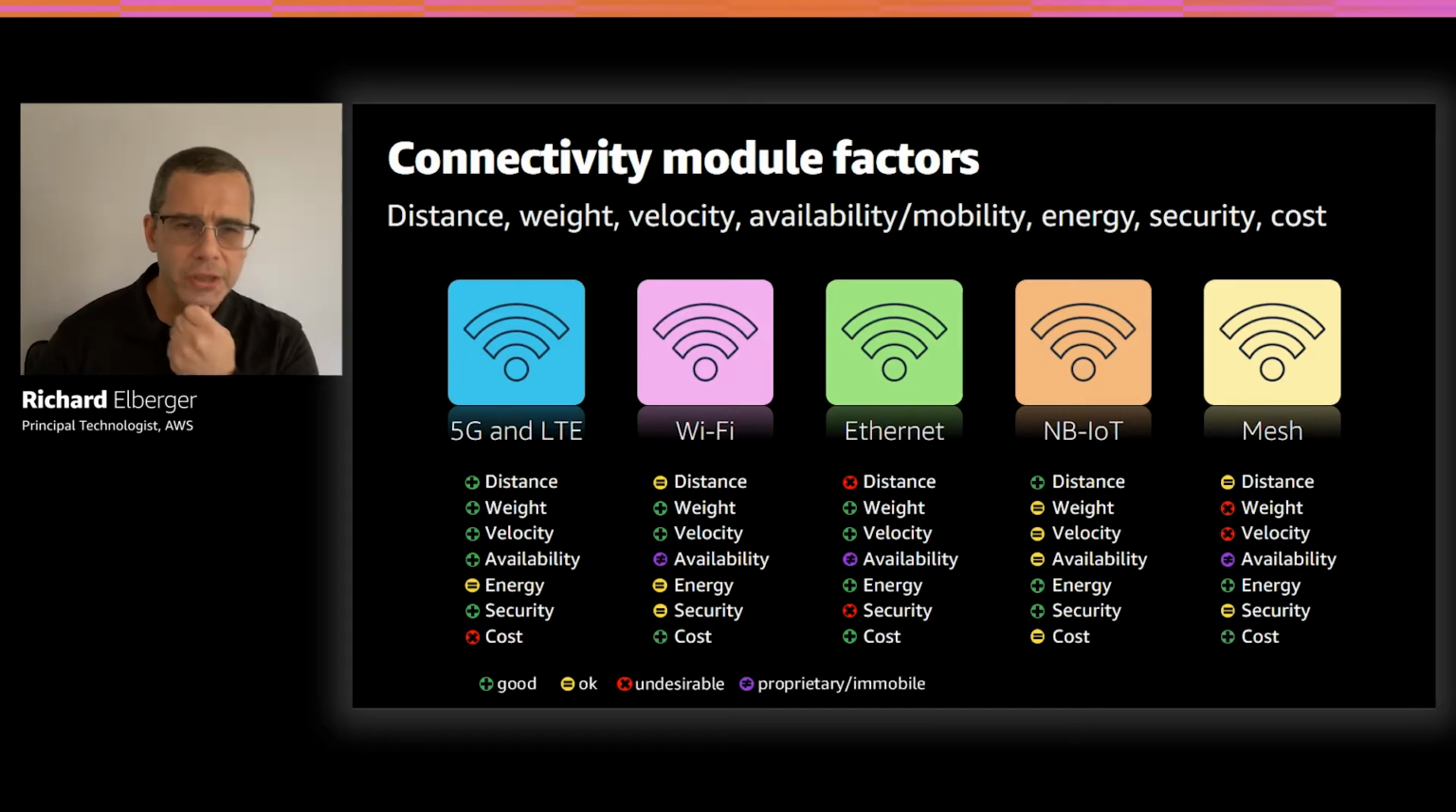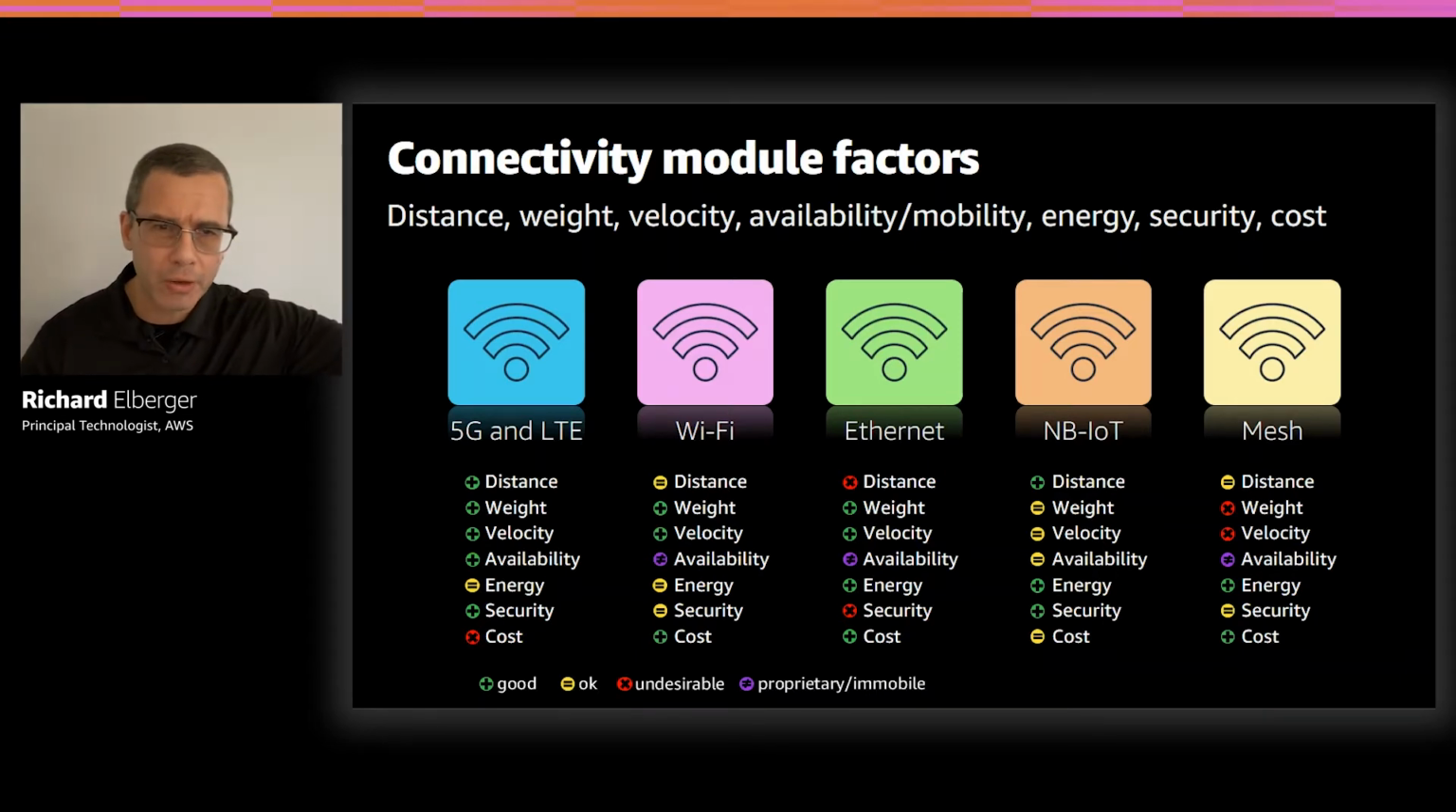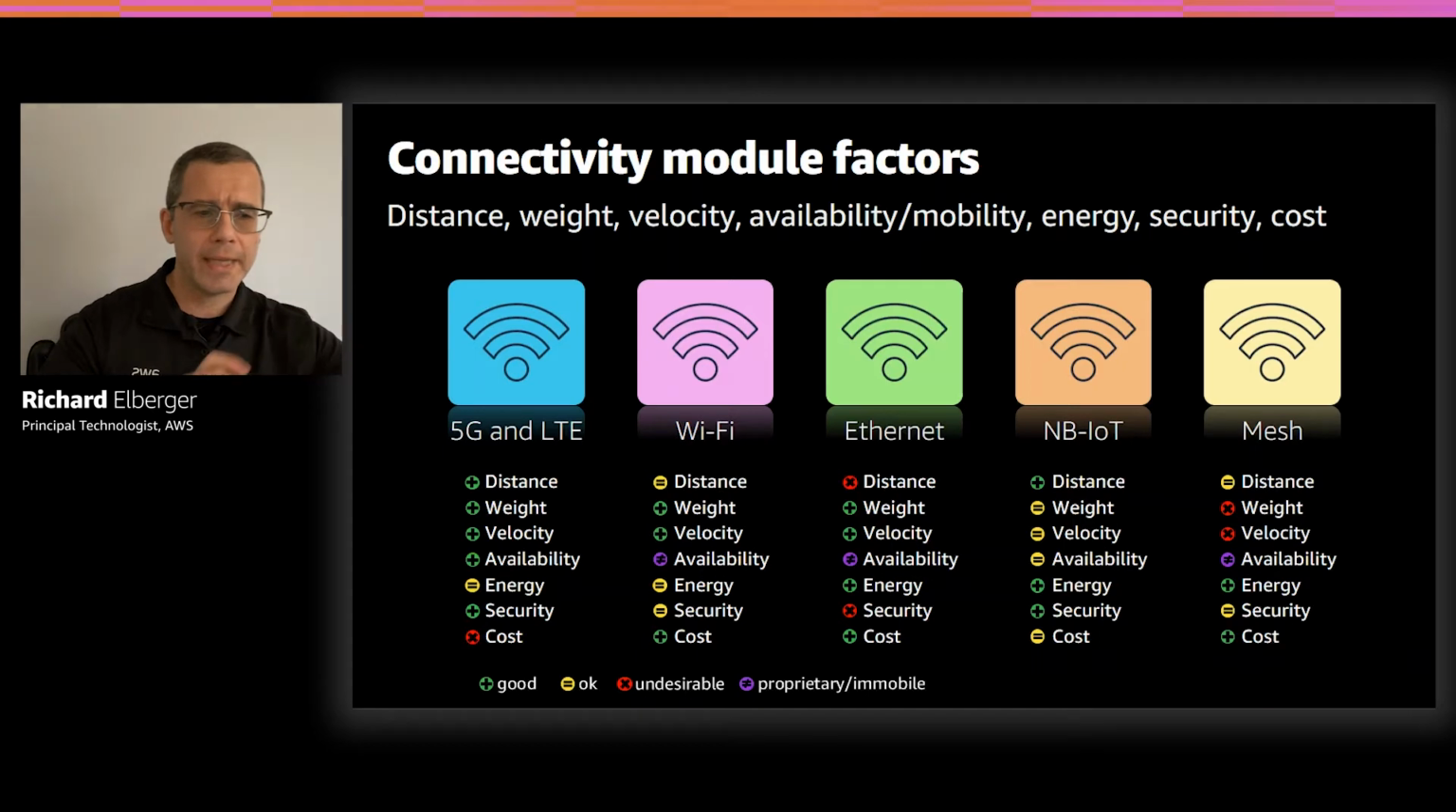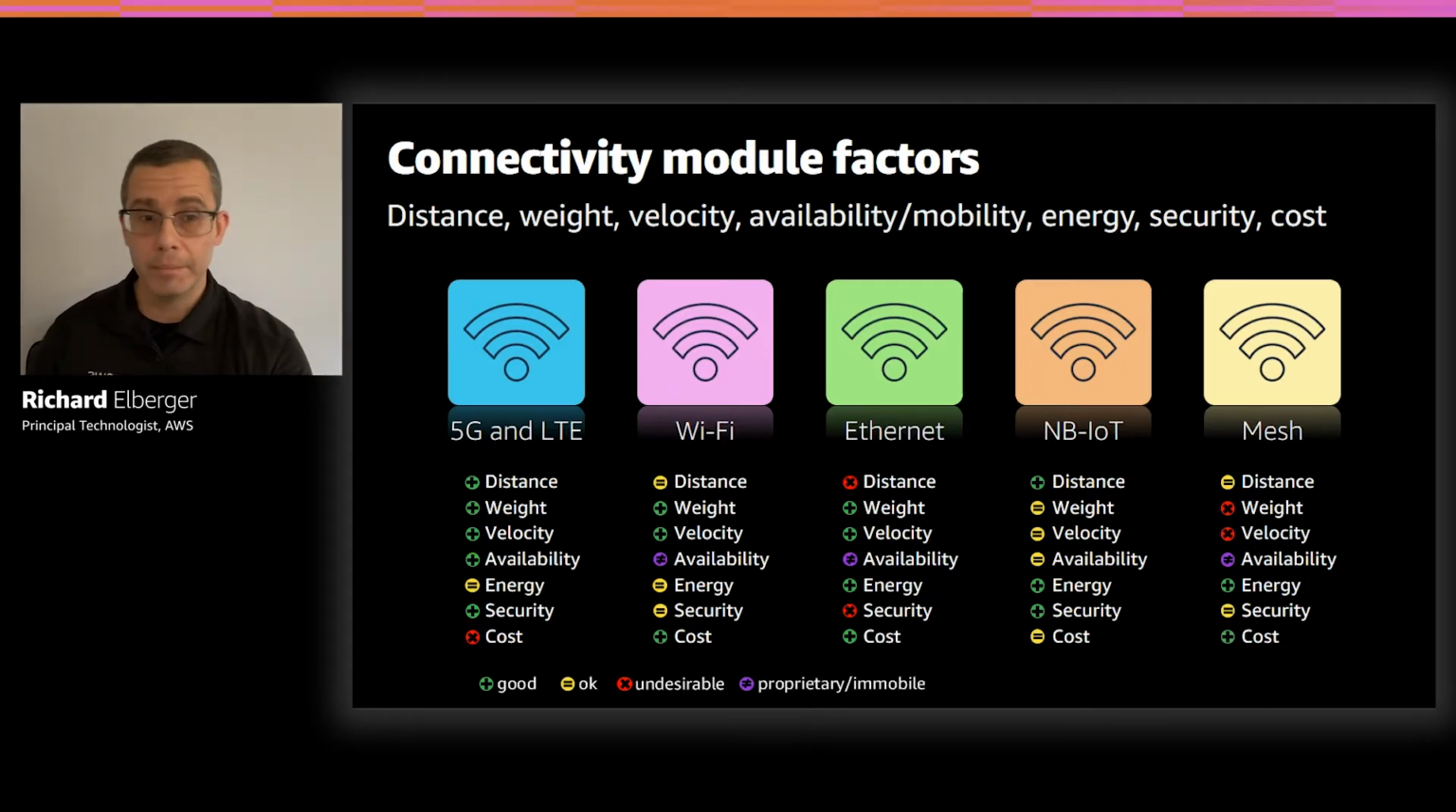And the reason why this is so hard is that there is so much choice and so many factors to consider. There's distance or range. How far can you go, right? And then there's weight. How much payload can you push across the wire? And this depends on the underlying protocol that you're going to use. And then there's velocity. How fast can you push the bits across? There's availability. How can I move from one geography to another and retain connectivity? There's battery life and security, and again, the important cost factor if you're going to do so many of these